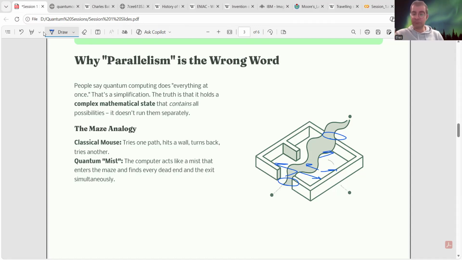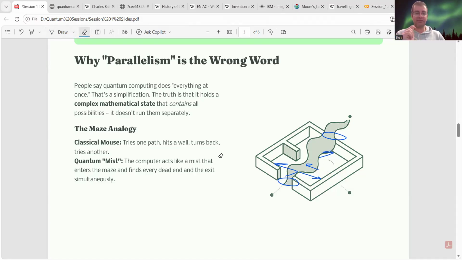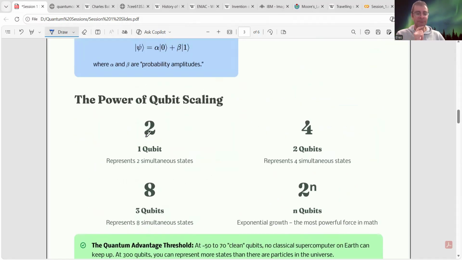But in a quantum computer, we are going through all the possibilities at once. Why? Because quantum computers have a feature called quantum tunneling. We're going to discuss it later, but it can actually try all these paths at the same time. So that is super cool, and you'll see how it's even possible. Let's continue.